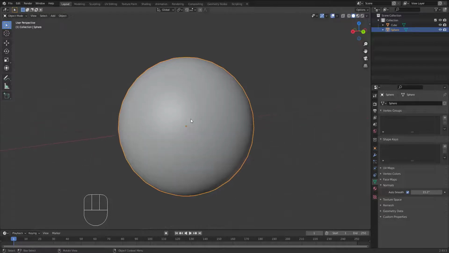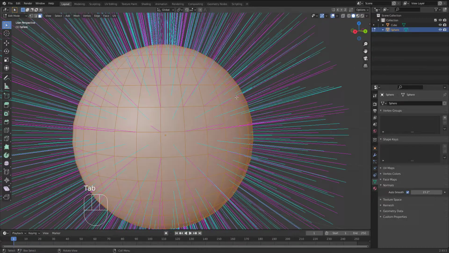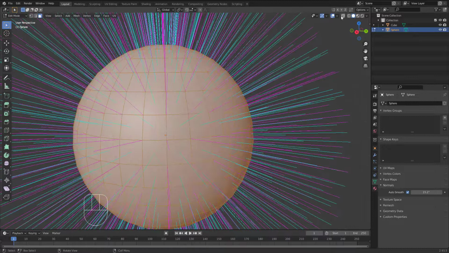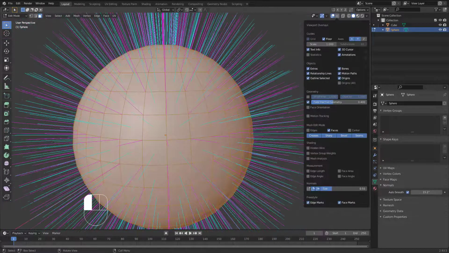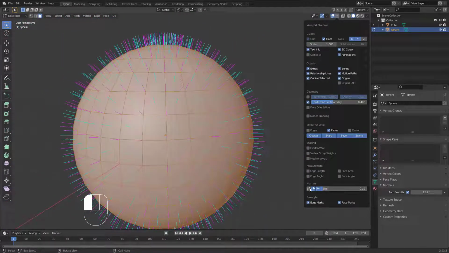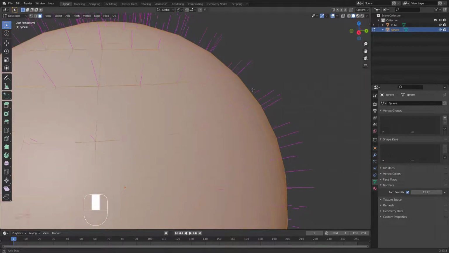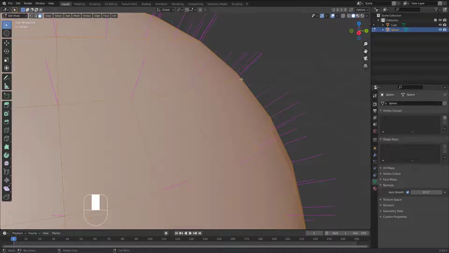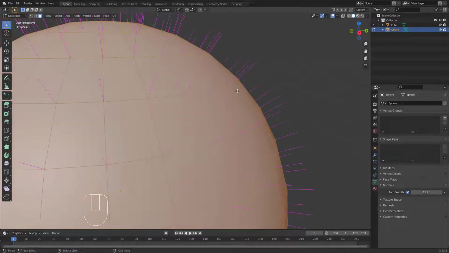Let's grab the sphere. Let's tap the edit mode. Alright, now as you see, we have all the lines of the normal. Let's go here and let's make the size very small, and let's turn off this option. Let's keep this one in the middle. As you see here now, the lines of the normal are in the center between these faces, or all the